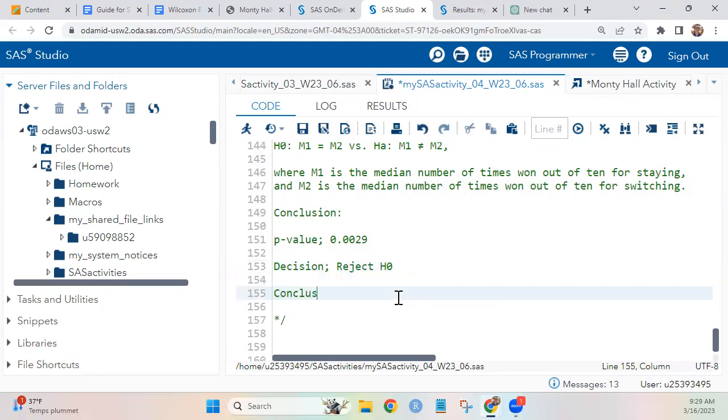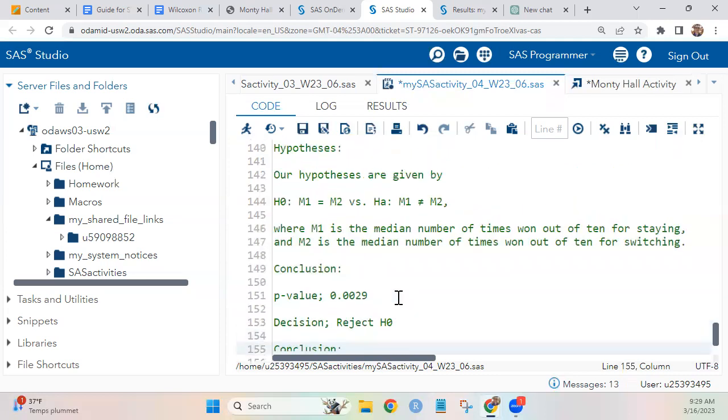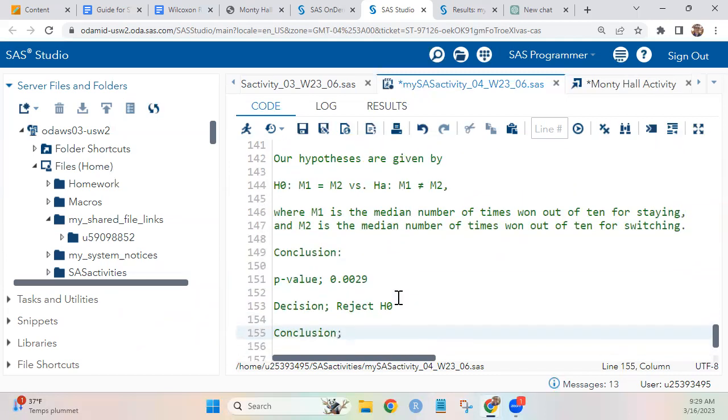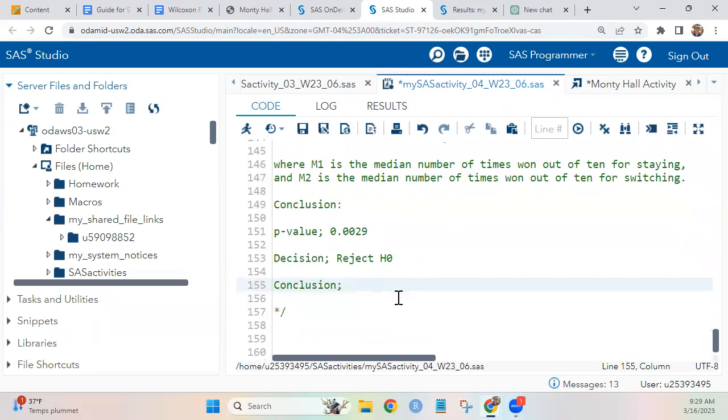And then our conclusion, again, similar to always, when you reject H0, you give the alternative hypothesis in words. So we would say, again, assuming assumptions had been met, which wasn't the case here, but we would say,